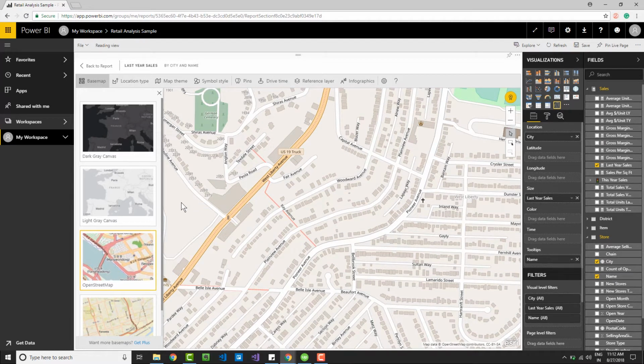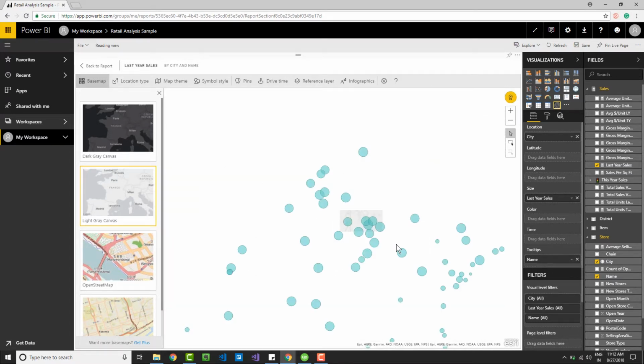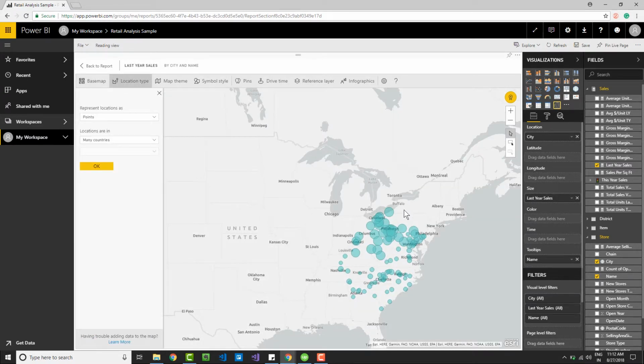And the next option that you have is the location type. And before that, let me go back to the light gray canvas view of the map. I'll go to that map and kind of zoom out and go to the location type. So this ArcGIS Maps for Power BI automatically detects the best way to show your data on the map, and it provides two different options to represent your locations. One is the point and the other one is the boundary. So it automatically has selected a point,